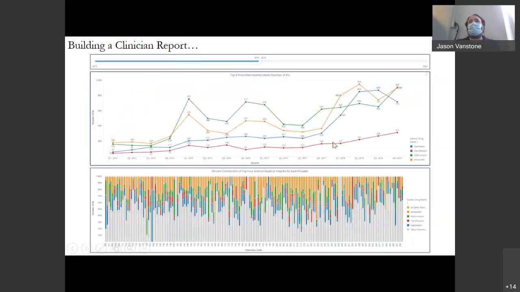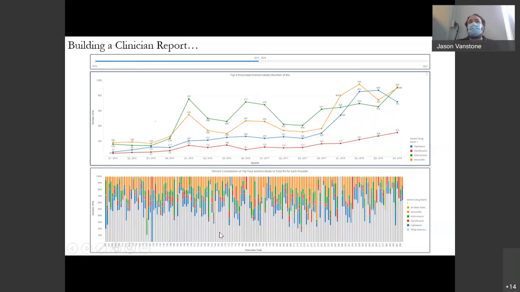We could also highlight things like individual antibiotics. So here are the top 4 antibiotics in our Regina community, these clinics that we're in and around the Regina community. And you can see how those change over time. And then this one down here allowed us to break down by prescriber what proportion of their antibiotic prescriptions are attributed to these top 4 antibiotics, and then the gray bar is everything else that they prescribe.